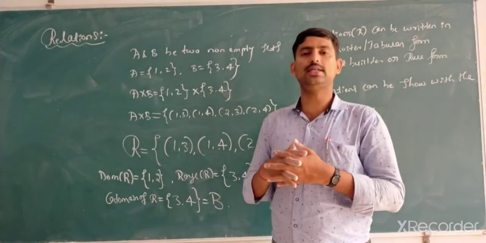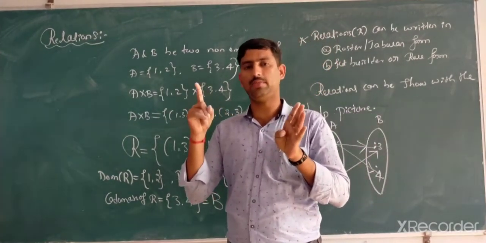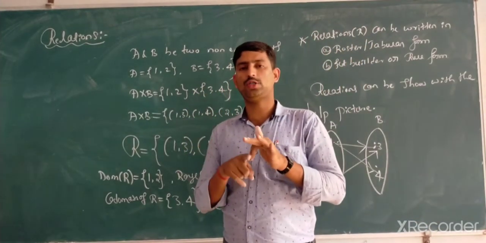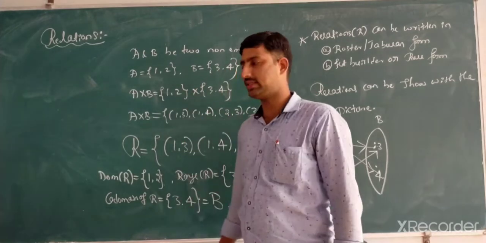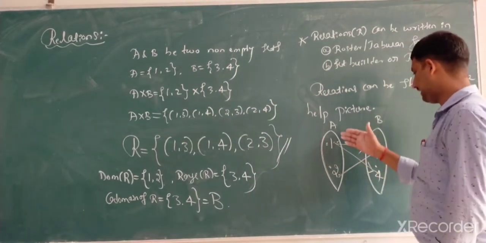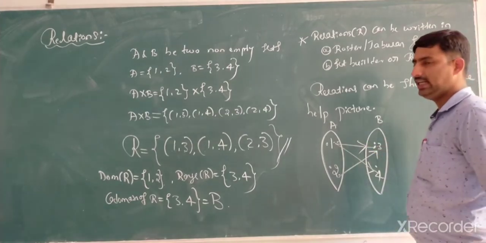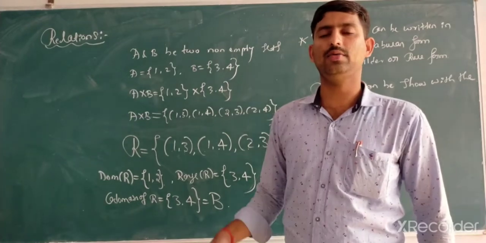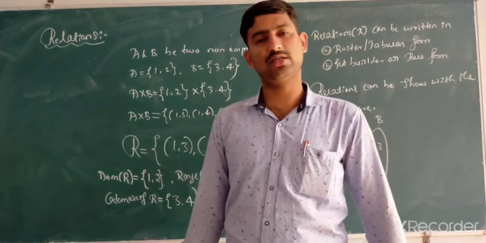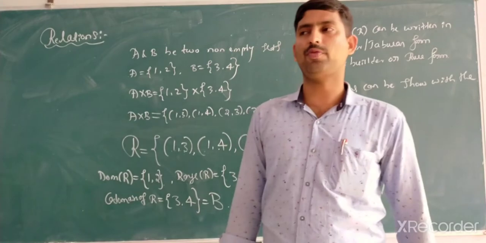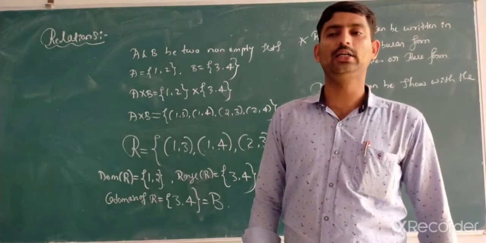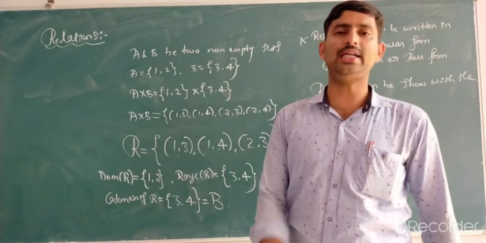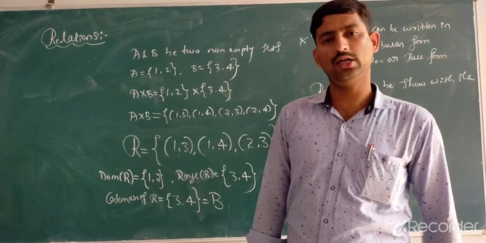And how to represent relations? Relations are represented with the help of set builder form or rule method. Second one is called roster or tabular form. And pictorial representation looks like a lens; we can easily predict the relation. In the next class, we will see more on relations under some problems. We will discuss some problems on relations. After that, we can study the topic of functions under the same unit, chapter number 2, relations and functions. Thank you.